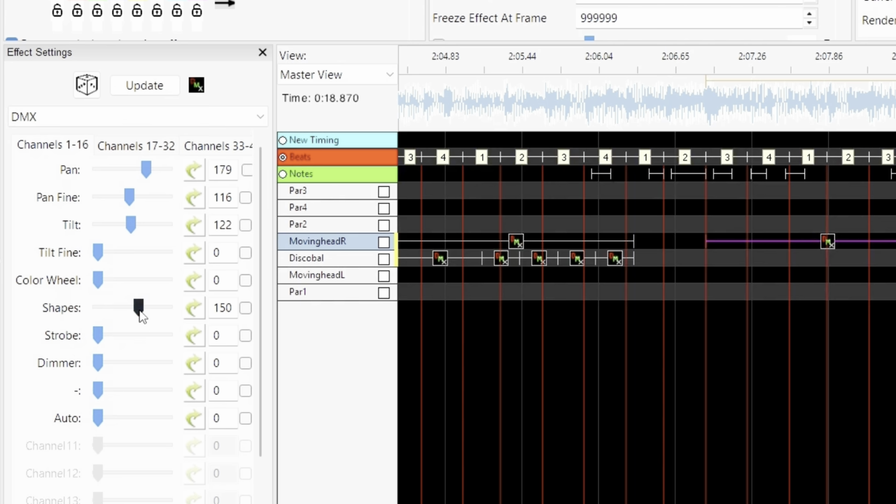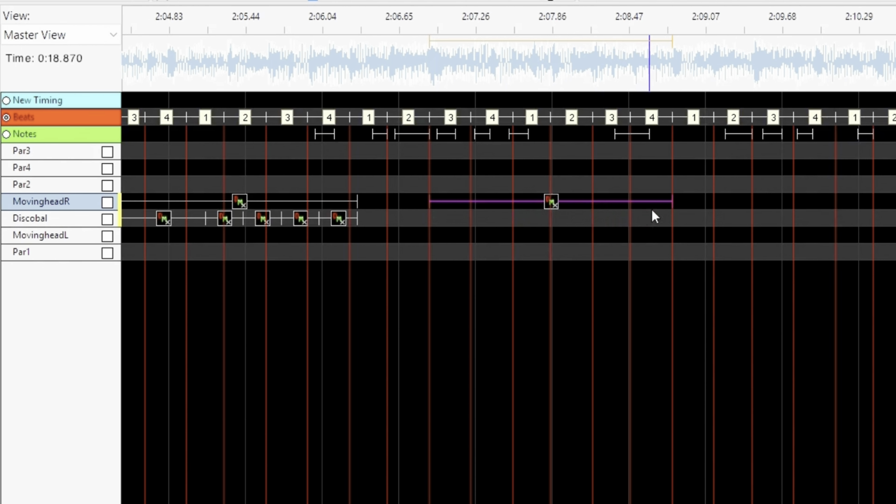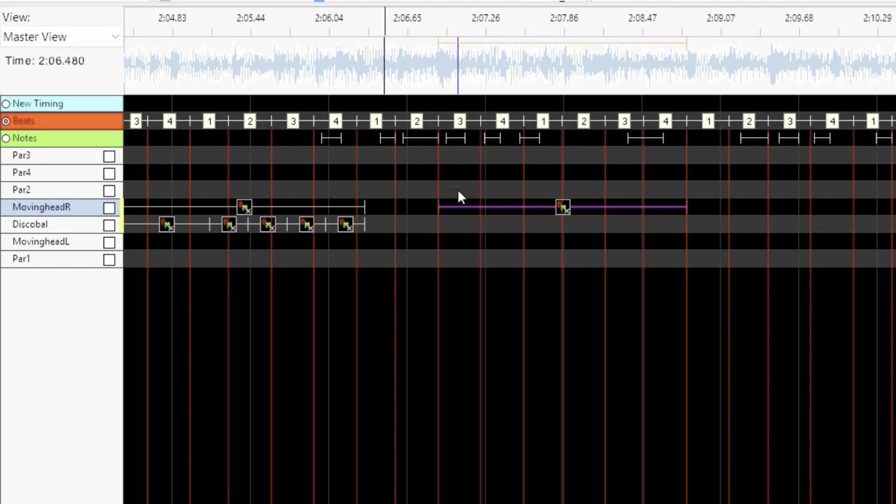By adjusting these sliders, you say to the channels we assigned that the light needs to do something in this segment of the song. So if we are going to play it, as you can see, in this part of the song we need to play a command. And we can play another command in this part of the song, for example. And you can make it as long as you want. You don't need to use the beat and bar tracker, it's just handy.